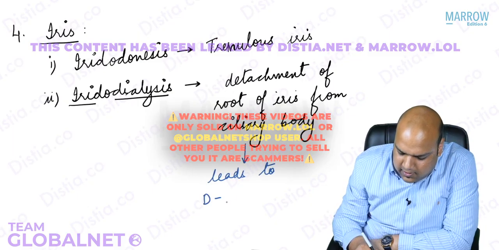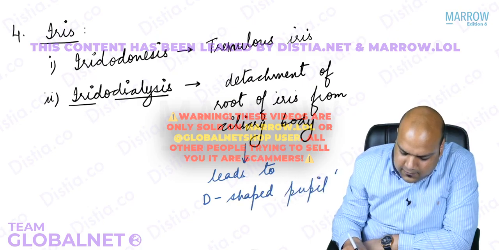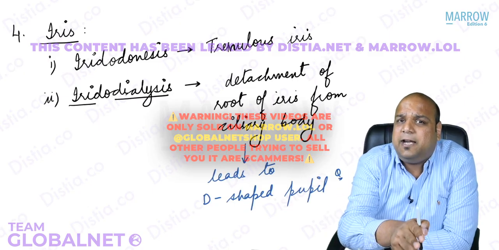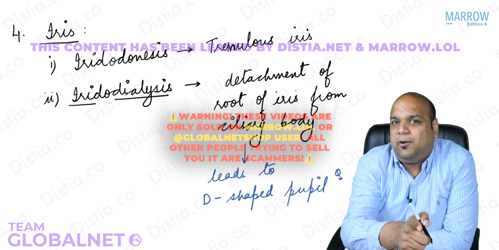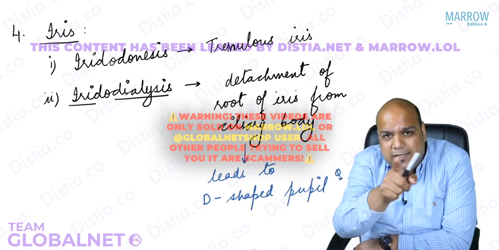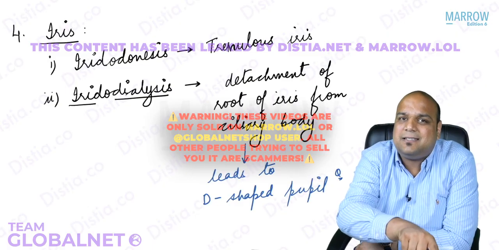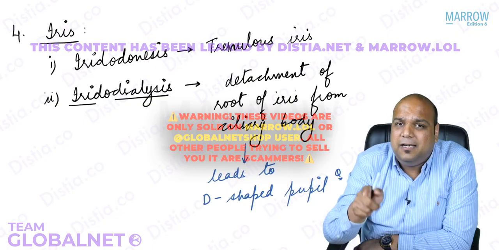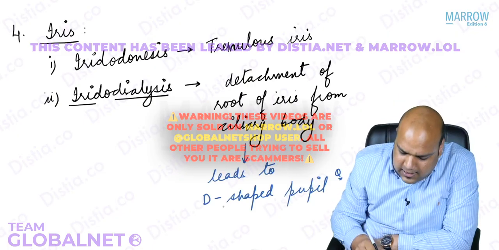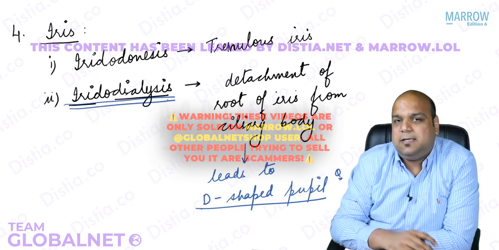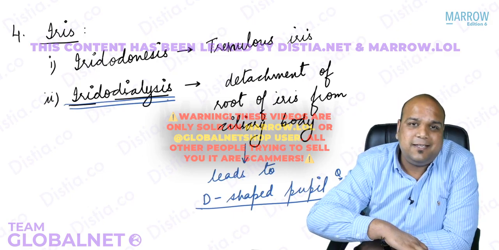If an MCQ is asked, what is the cause of D-shaped pupil? And both the options are given, blunt trauma as well as iridodialysis, don't mark blunt trauma. Again, I am saying blunt trauma cannot cause D-shaped pupil. Blunt trauma is causing the detachment, that is iridodialysis. And due to iridodialysis, the pupil is appearing D-shaped, everybody. So D-shaped pupil is due to iridodialysis. I hope that very simple question is answered for all of you.